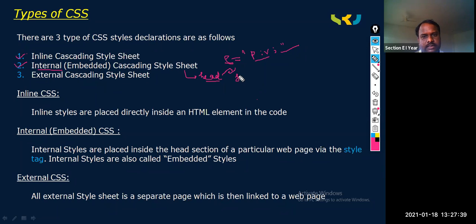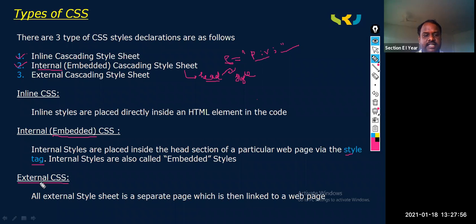The style tag only. Here you can see the style tag we use for writing internal CSS, and the other name of internal CSS is embedded CSS.